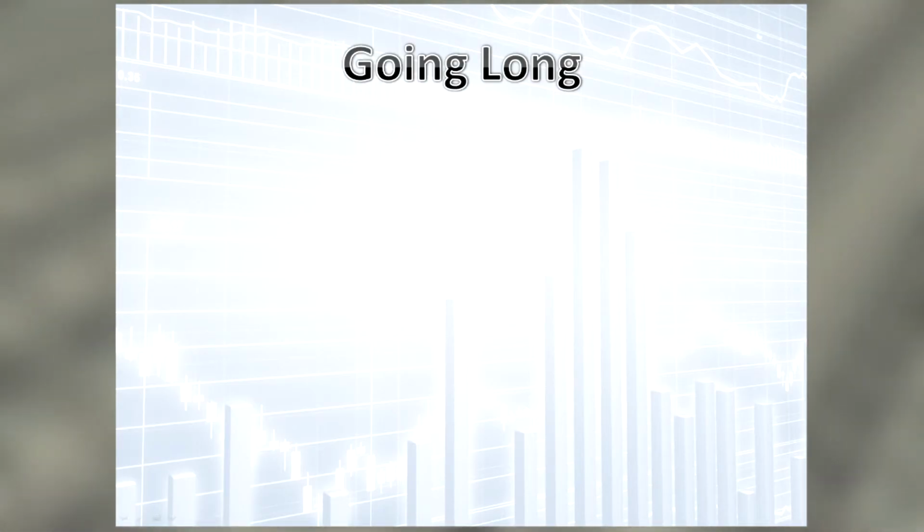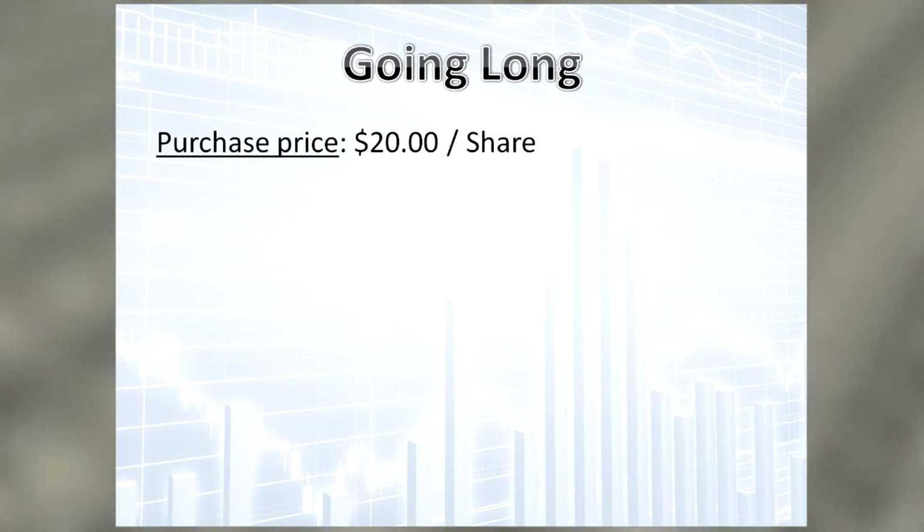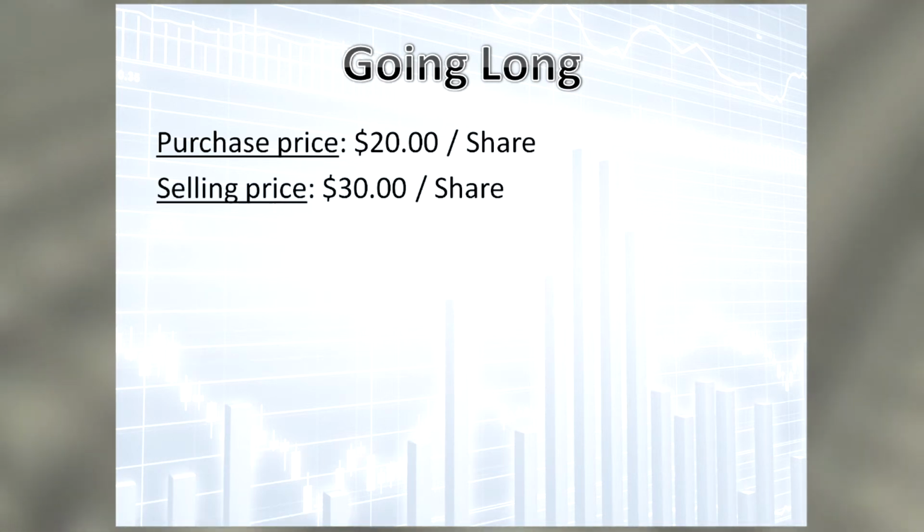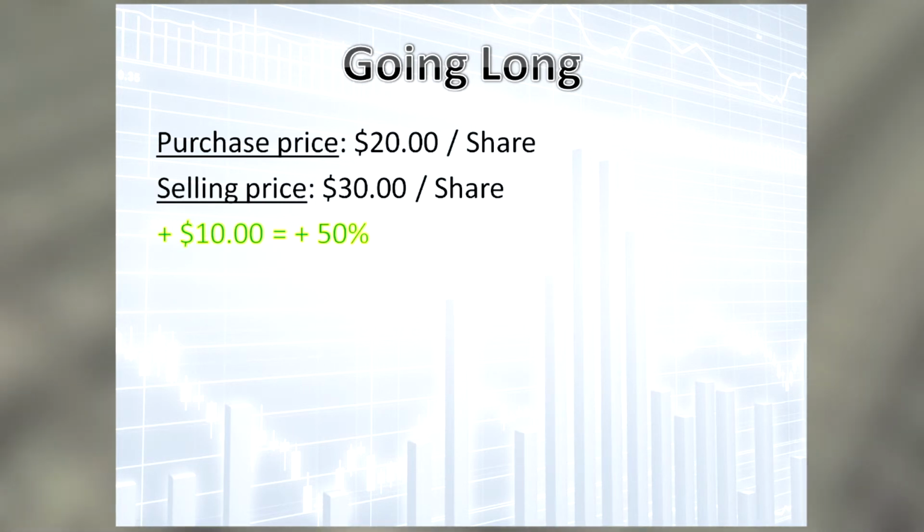So, let's recap quickly. Okay, so imagine yourself buying a stock at $20 a share. And you expect the price to go up since you did your homework really well, etc. Now, everything is going according to plan, and at some point or the other, the stock price actually hits $30 per share. Now, you're really happy because going from $20 to $30, that's a $10 increase, but that actually gives you a 50% gain on your initial investment. $10 is half of $20. Now, this is really good, and you're happy, you cash out at $30 a share, 50% gain.